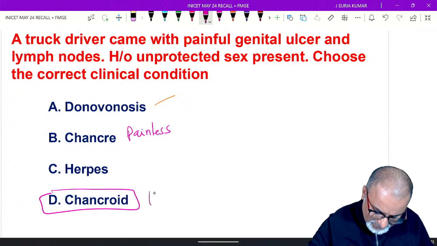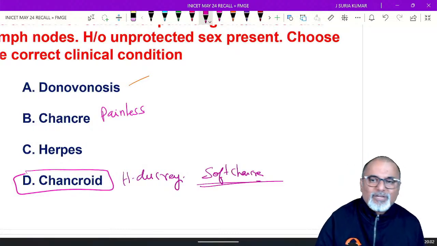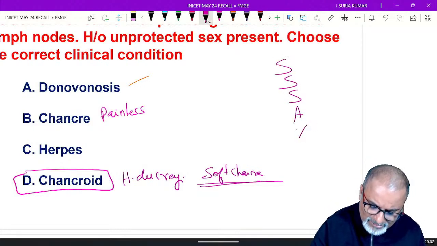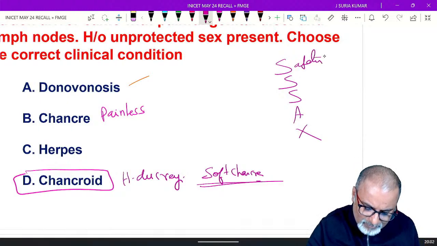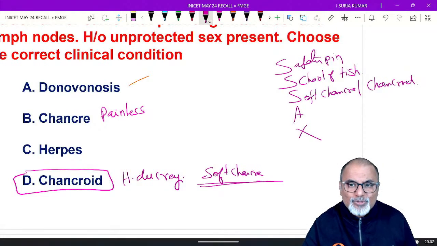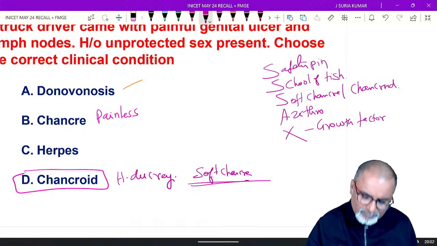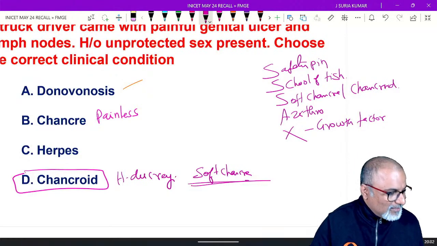It is caused by Haemophilus ducreyi. It causes a soft chancre. It is painful. Remember my mnemonic? Yes. It has a safety pin appearance, school of fish arrangement. And soft chancre, otherwise called chancroid, is painful. Haemophilus ducreyi. Painful. And the drug of choice is azithromycin. It needs growth factor X only. This is my regular class mnemonic. You people are aware of that. Okay. Next is